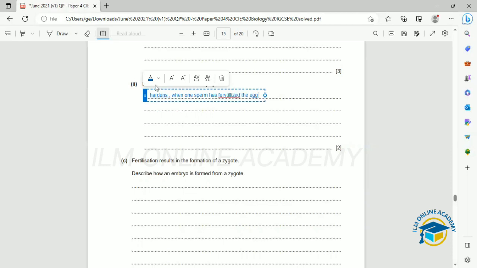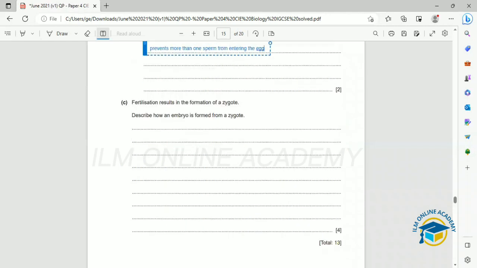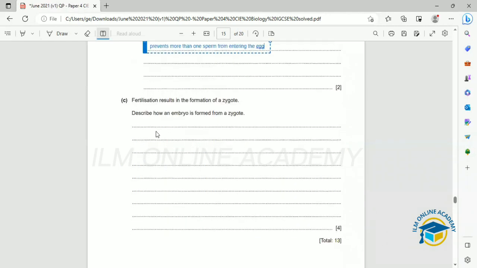Fertilize the egg, and prevents more than one sperm from entering the egg. Okay, then fertilization results in the formation of a zygote, and we need to describe how an embryo is formed